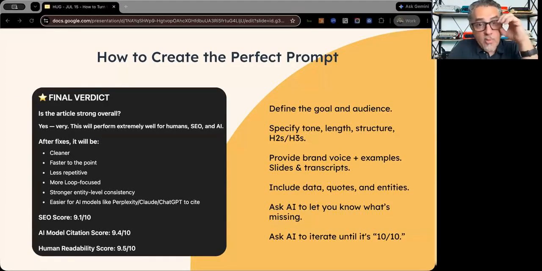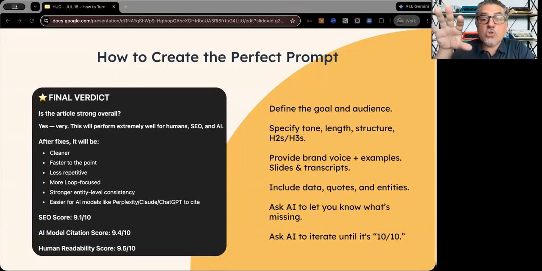I'm going to give you one of my pro tips. When you do this, and this is for long pieces of content, more pillar content, right? And I'll answer your question, Alex, in a second. So when you do this, sometimes AI becomes, I call it, lazy. It's like a person that has been working for a long time. You keep asking and asking, make it better, make it better, make it better.